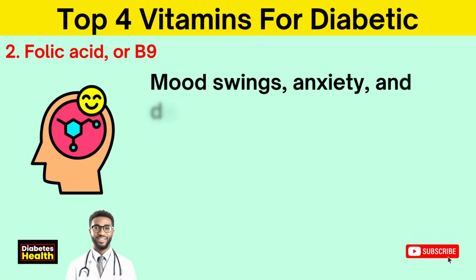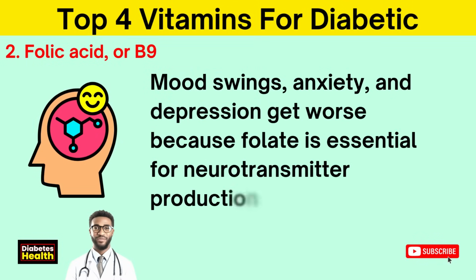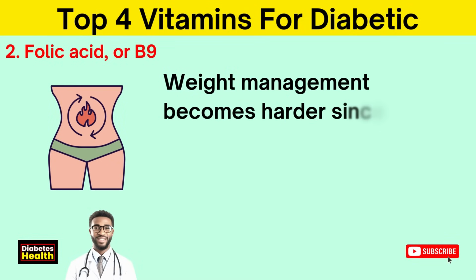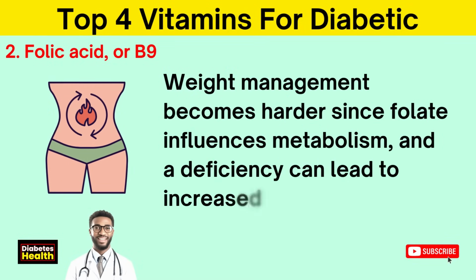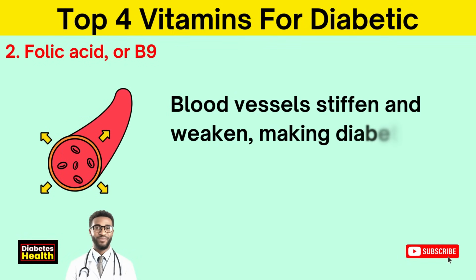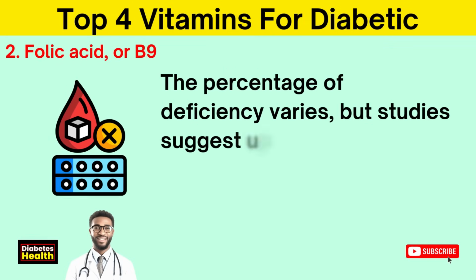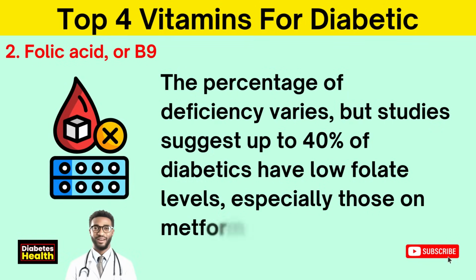Mood swings, anxiety, and depression get worse because folate is essential for neurotransmitter production, particularly serotonin and dopamine. Weight management becomes harder since folate influences metabolism, and a deficiency can lead to increased fat storage. Blood vessels stiffen and weaken, making diabetes-related circulation problems much worse. The percentage of deficiency varies, but studies suggest up to 40% of diabetics have low folate levels, especially those on